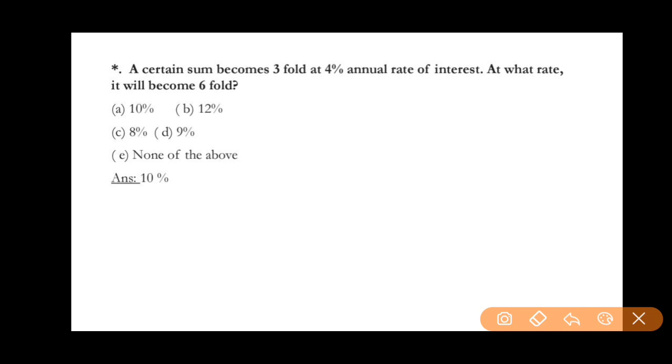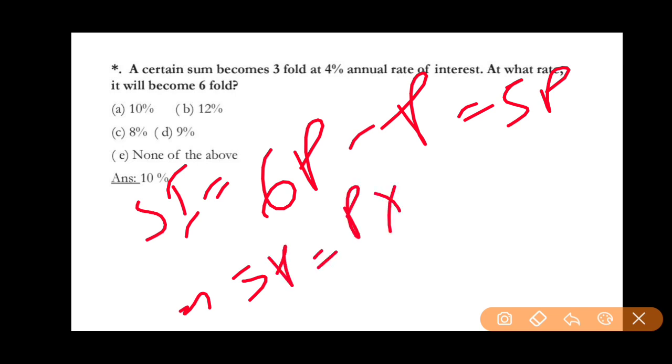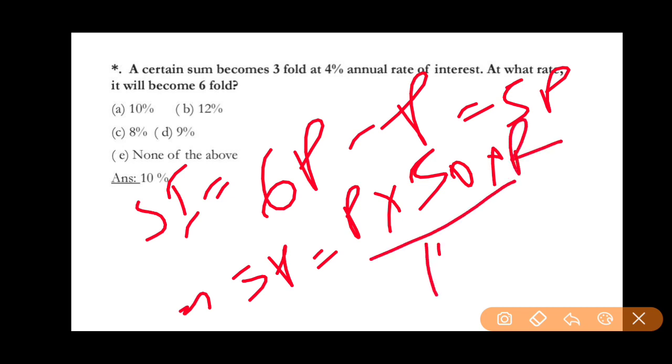In the sense, here we find out that the time is found. Then the next phase is at what rate it will become sixfold. So again you need to check the simple interest, because it became sixfold minus the initial single p, the value is 5p. So put the formula, get the answer. 5p equals principal into time, which is 50 years, into the rate of interest, which you need to calculate, by 100.